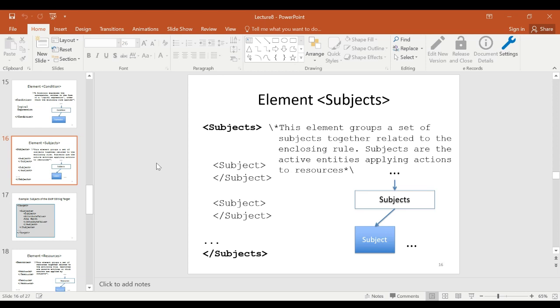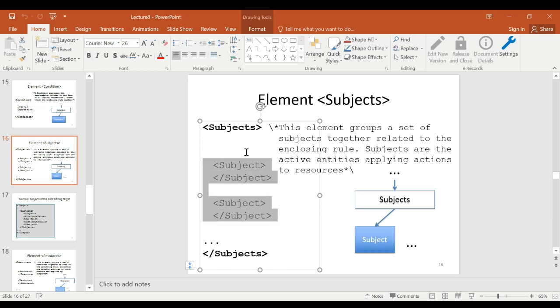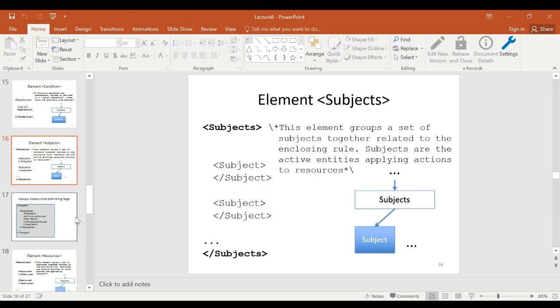So you may want to write a rule that applies to not just Alice, but also applies to Bob, Carol, James, and so on. So therefore, you have that ability because the top level element here is a plural one, and therefore you can include any number of individual subject elements in it. So as we said, any of these subject elements essentially reflect the identity of the subjects that you want to control their access to your own internal